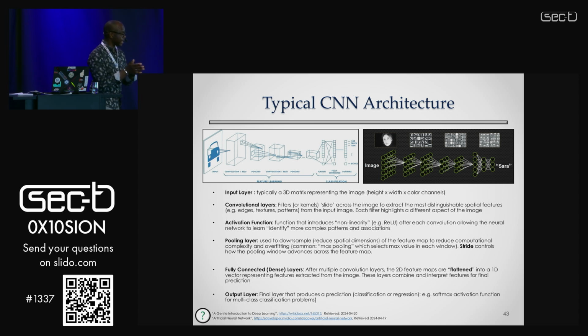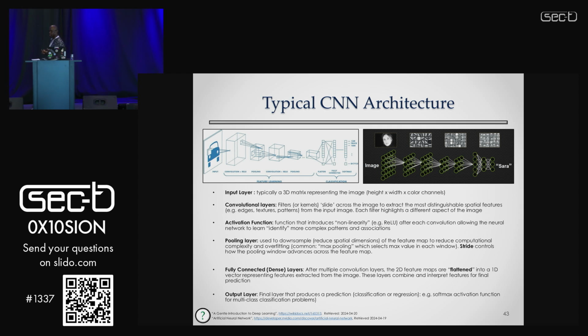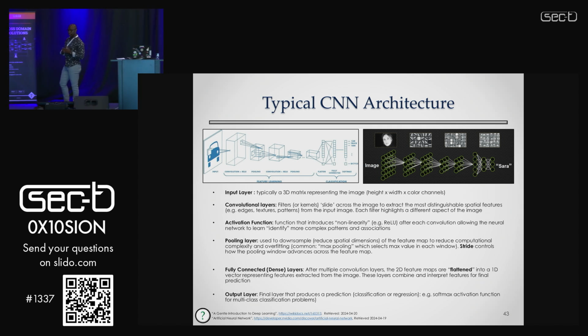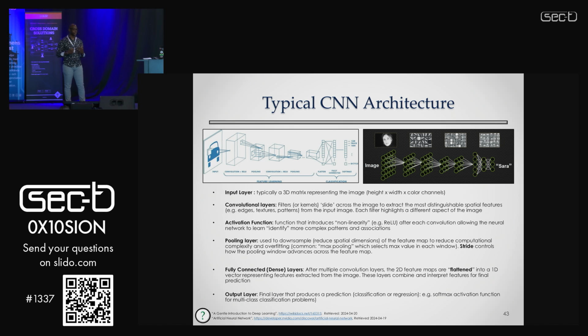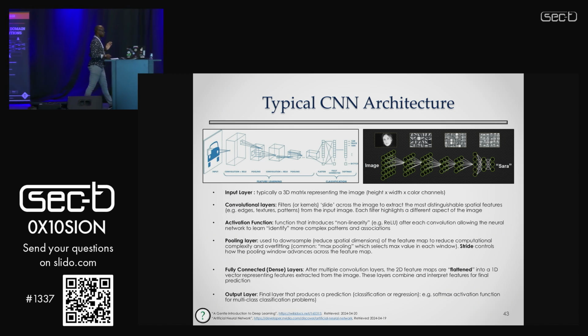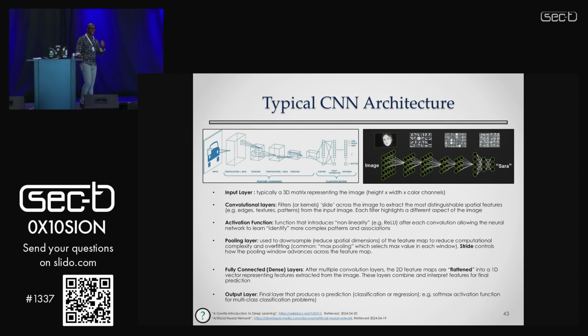So as I scan the entire image with multiple layers, I'm now starting to see, okay, here are the unique features that are sticking out at each window size. Then, from our convolutional layers, these are usually attached as soon as you do a convolution of the image. I'm just filtering, looking for specific features. We then have an activation function that's associated to that window. So the activation function allows us to introduce nonlinearity in order for us to figure out more complex features from a window that we're looking at.